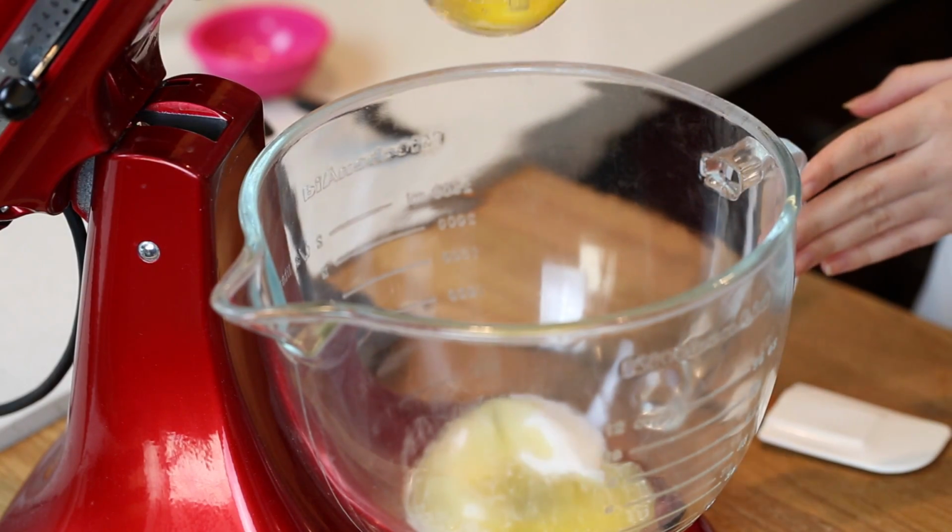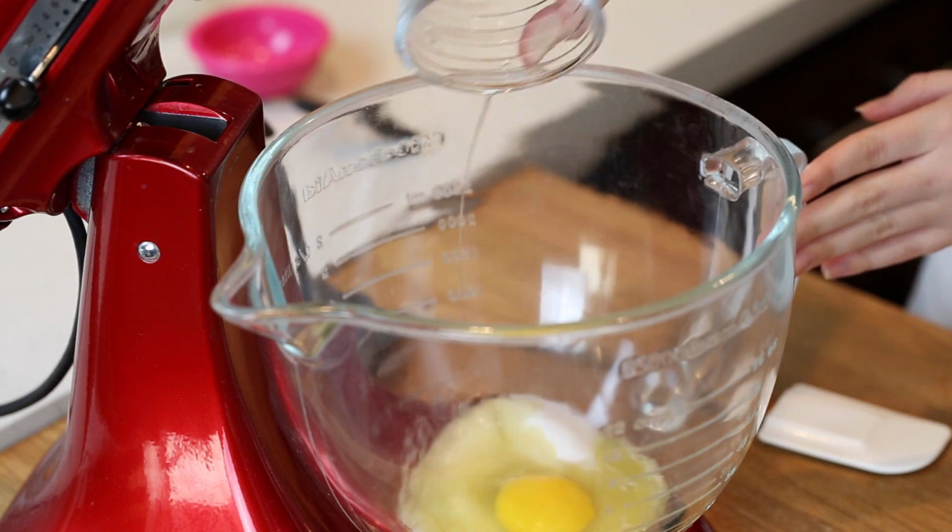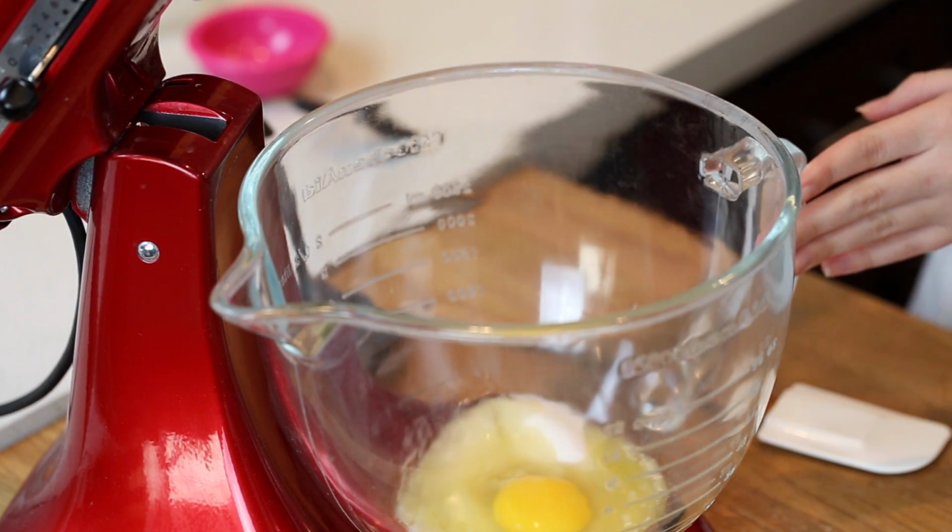Next, I'm adding in 1 whole egg. An egg also adds richness, a beautiful color, and it helps to tenderize the bread rolls. My next ingredient is 1 cup of whole milk, which I've gone ahead and scalded in this saucepan, which basically just means I've brought it to a boil and then taken it off the heat and let it cool to room temperature. You want to make sure that it's not too hot, otherwise it can actually kill the yeast in